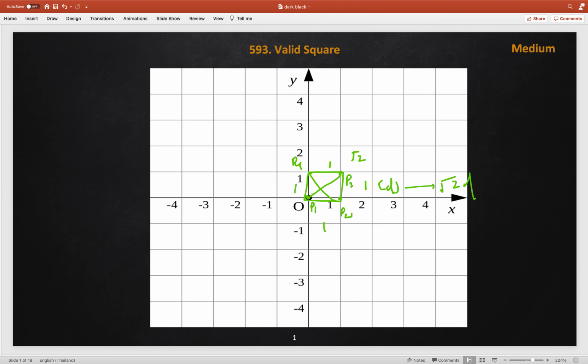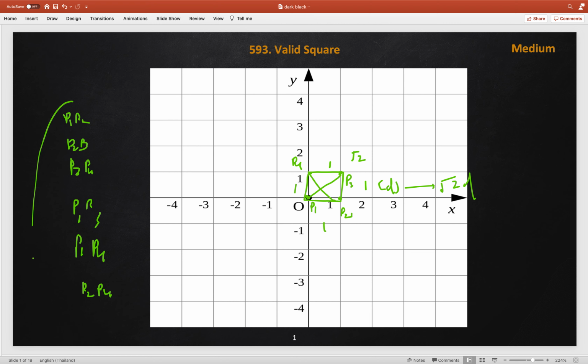So what will we do? The straightforward solution for this problem: first of all we calculate all the distance squares, like p1 p2, p2 p3, p3 p4, then p1 p3, p1 p4, and p2 p4. So these are the 6 pairs of distances we will calculate, the 4 sides of a square and 2 diagonals, and then we can check with lots of if else conditions that 4 have the same distance and 2 have root 2 of that distance and are equal.